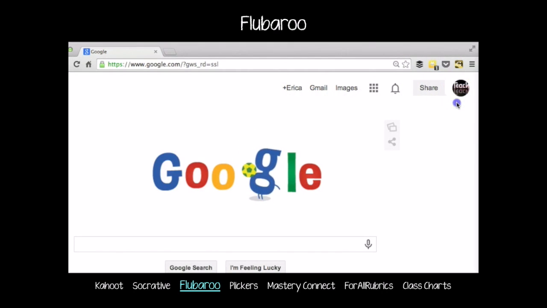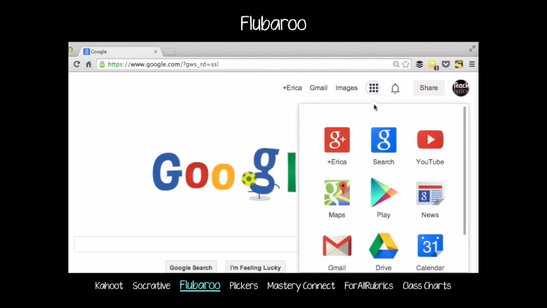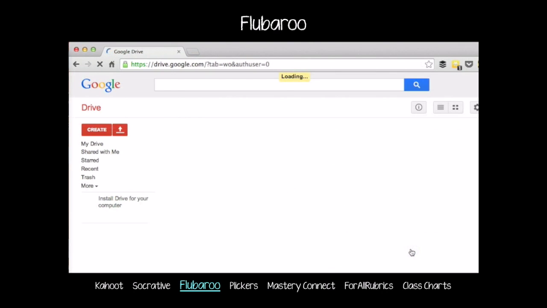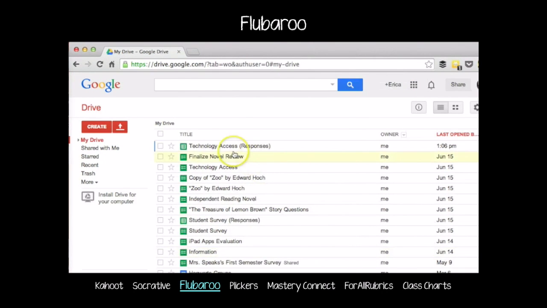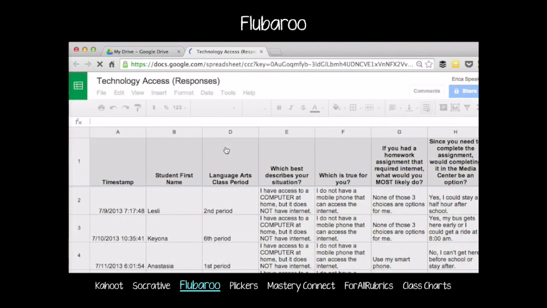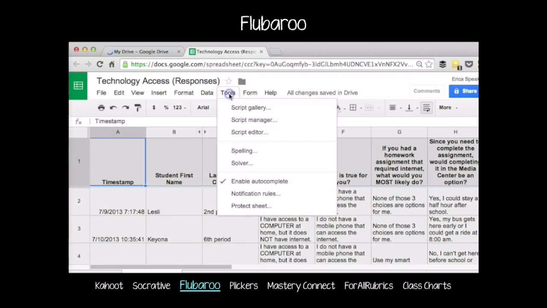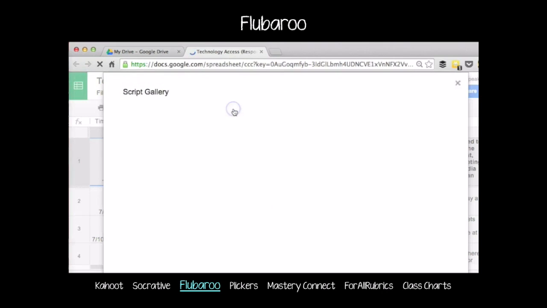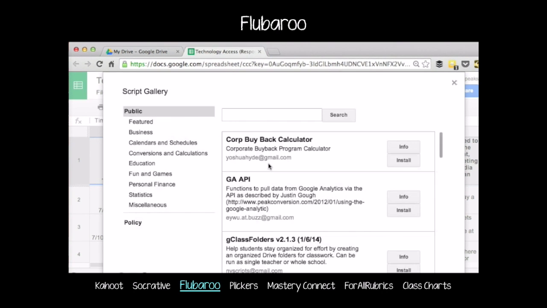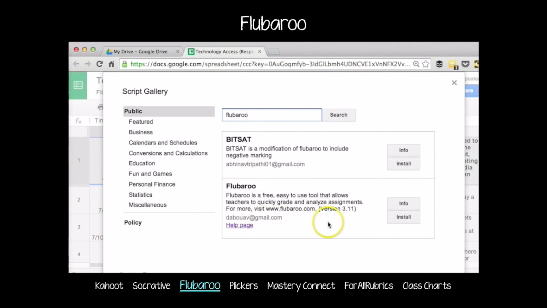Make sure you're logged into Google Drive to use Flubaroo and choose the spreadsheet in your drive that has the data, where the students have already done the quiz and you want to score that information. So here's one. Let's pretend I'm scoring. So I would go to Tools and Script Gallery. Tools, Script Gallery will pull up in any spreadsheet of data that they've completed. And I search for Flubaroo, and install,